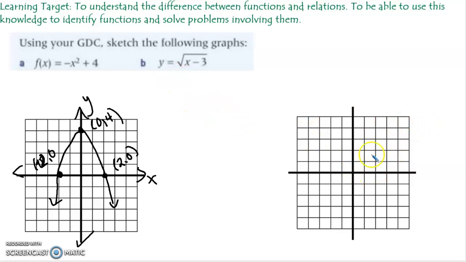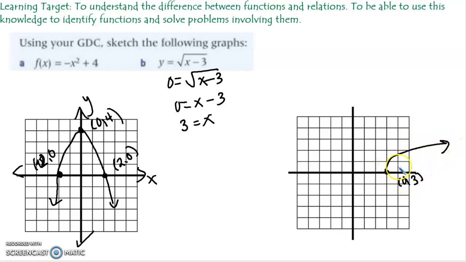We can easily find where the curve starts by finding the x-intercept, which remember, you can just find by replacing y with 0. And then if I were to square both sides, well, the square root of 0 is just 0. And then add 3. So it should start here at 3. And then it did something like this. So I'm just going to draw visually what I saw and label my